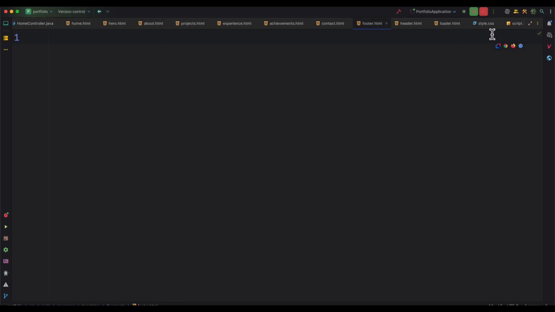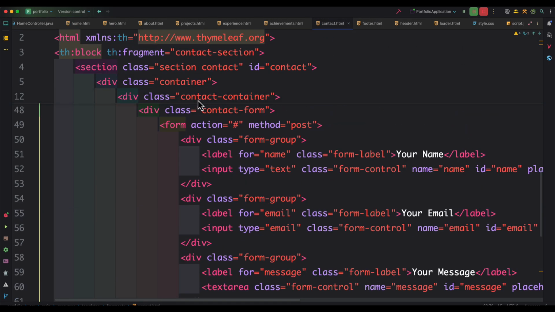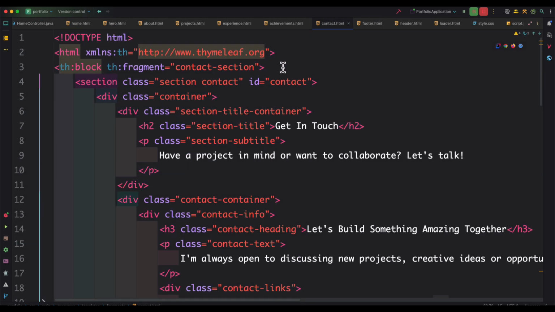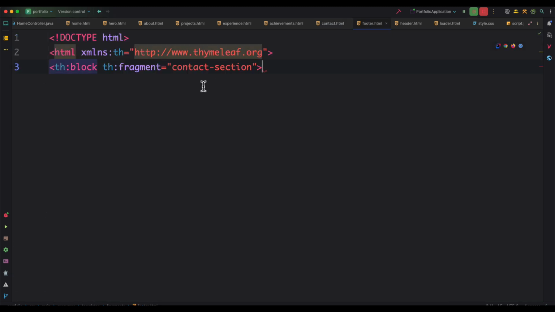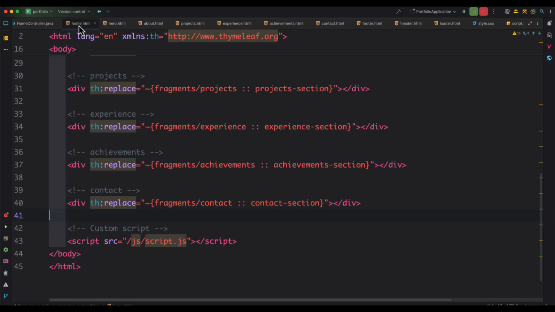Let's open the contact.html, copy the first 3 lines and paste it. I will close the Thymeleaf block attribute and the HTML as well. And first of all, I'm going to change this to footer section, and inside this home.html,